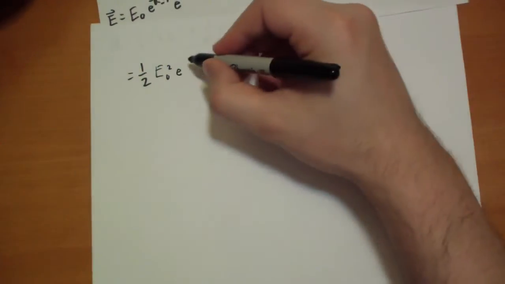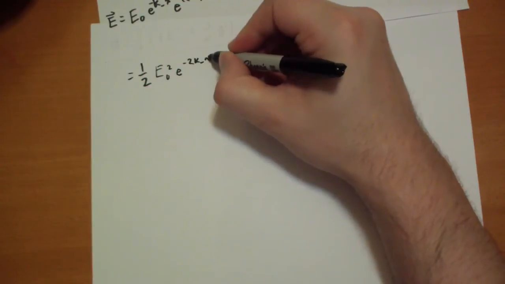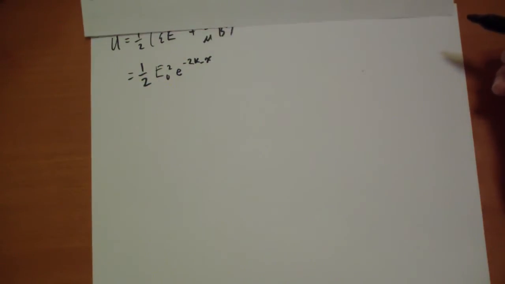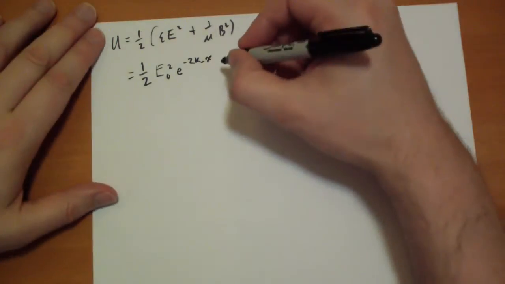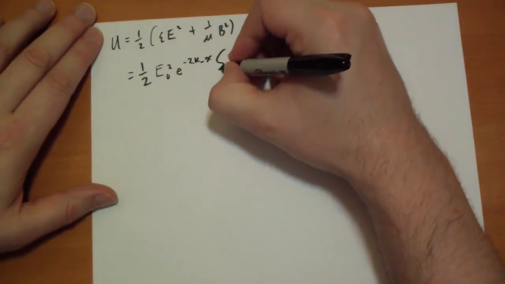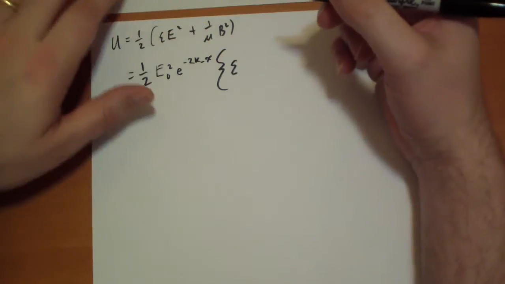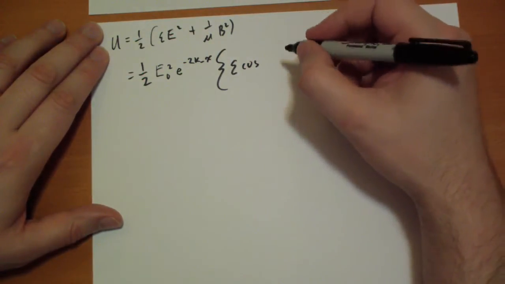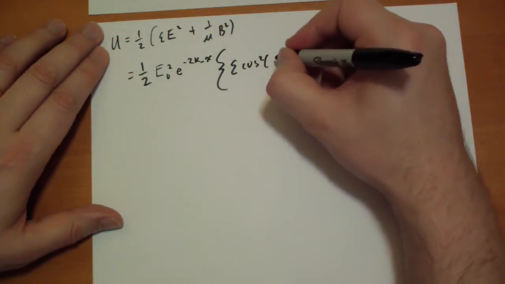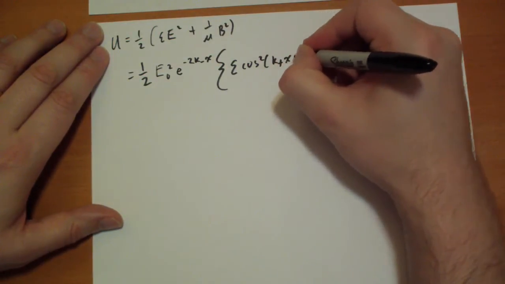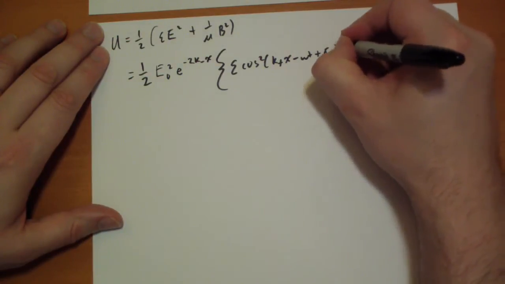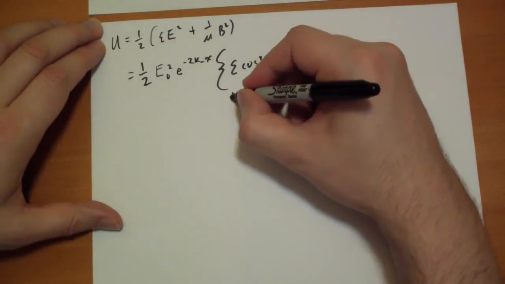E is squared, so it's e^(-2κ₋x). We're doing reals, I guess, so let's stick to what the book is doing. This is all multiplied by ε times the thing that makes E special, which is the cosine squared of κ₊x - ωt plus whatever phase constant the electric field has,